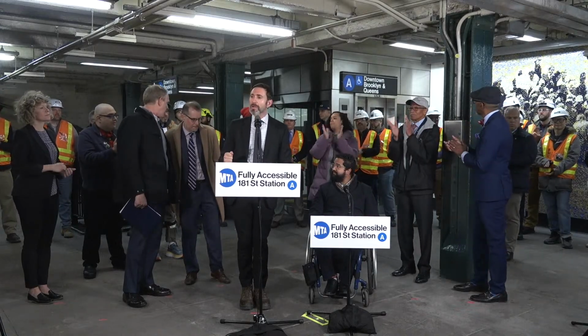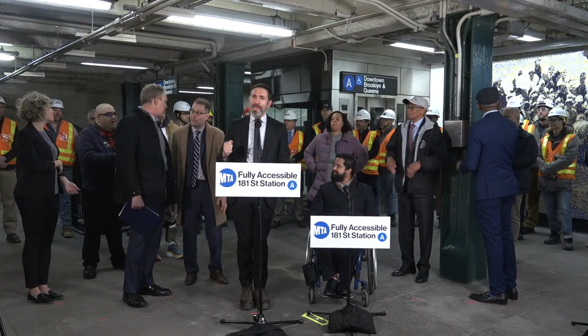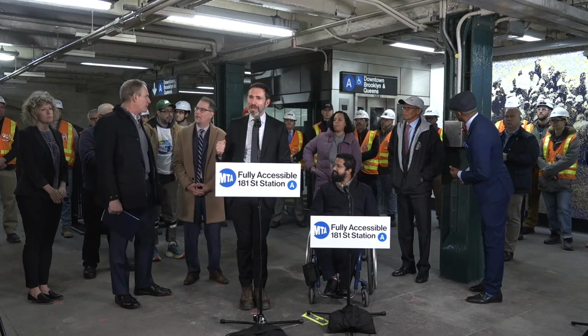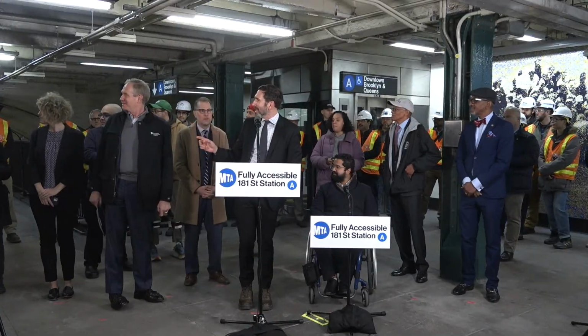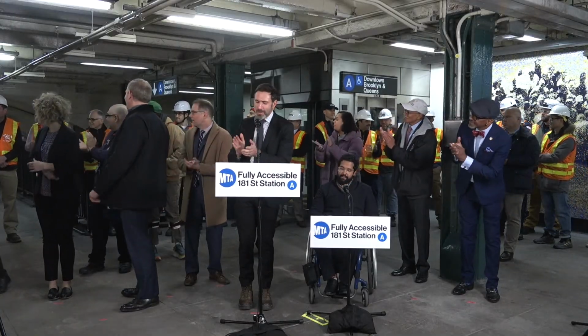Modern Elevator. There's not that many elevator providers who can actually build an elevator that can fit in the New York City subway system and actually function, and Modern's doing a great job. We got AECOM, the designer of record. Our program management consultant is here, well represented. Mohammed in particular, who's the project manager, and a number of executives from HNTB. And one last shout out, maybe some of the most important guys at the end of each of these is Joseph and Angelo from Transit Elevators and Escalators. Thank you very much, because they...